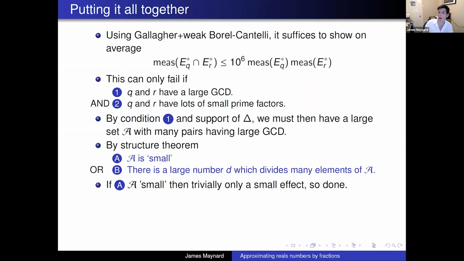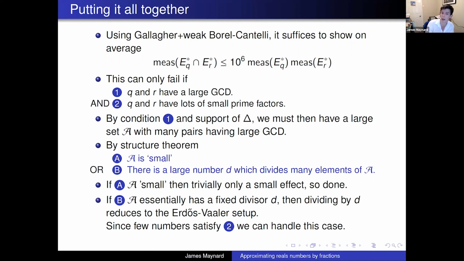So if A itself is very small, then it has a very small effect. And since we only need to get this upper bound on average, it contributes negligibly to the average. And so we can essentially ignore the contribution from these small sets. If we're in the other case, then A is essentially just the multiples of some fixed divisor D,